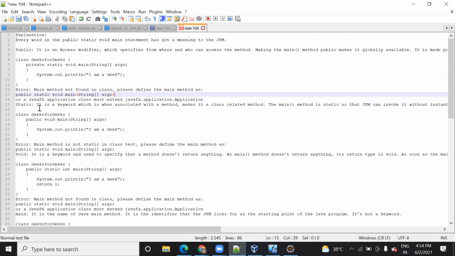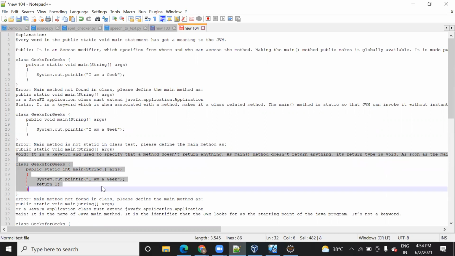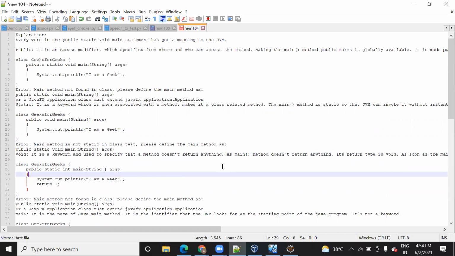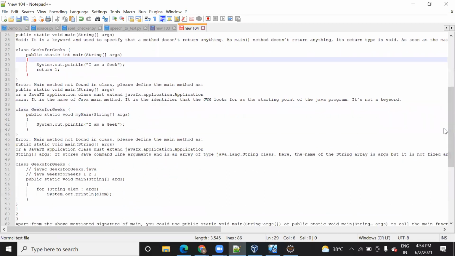Similarly, I have added static, which is associated with the method and makes it a class related method, right? And I have explained what the use of void is. It's a keyword used to specify that the method does not return anything.